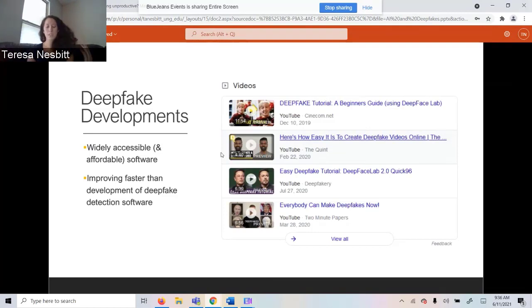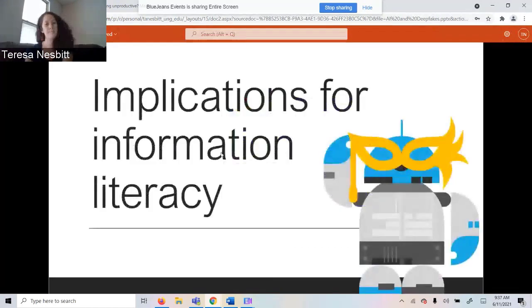Same thing with detection software. There isn't really anything out there that can identify a deepfake with real statistical certainty. And in fact, most of the software that's out there has a serious problem with false positives, where they are identifying real videos as deepfakes. So it's kind of an ongoing cat and mouse game with improvements to deepfake technology and also detection software racing to try to catch up.